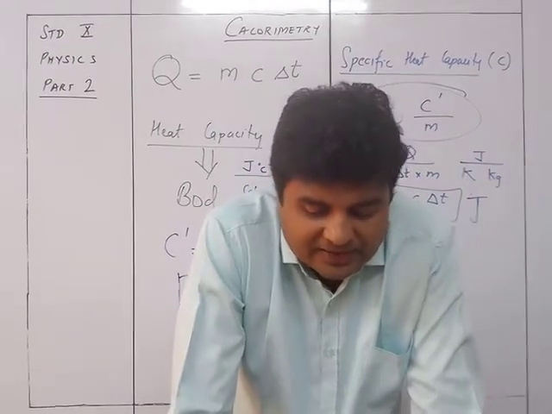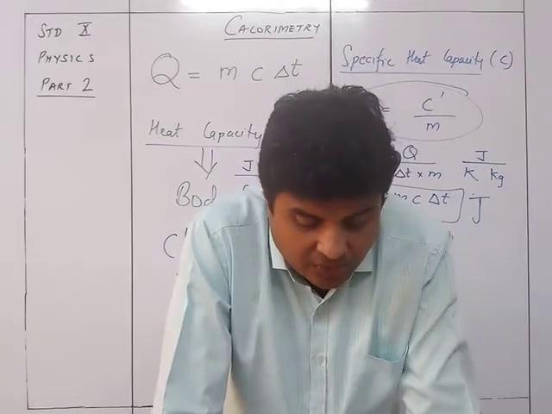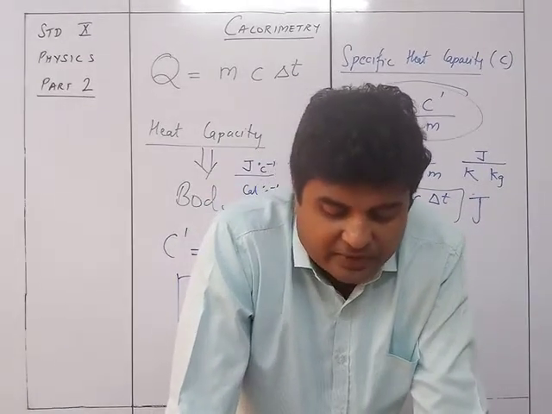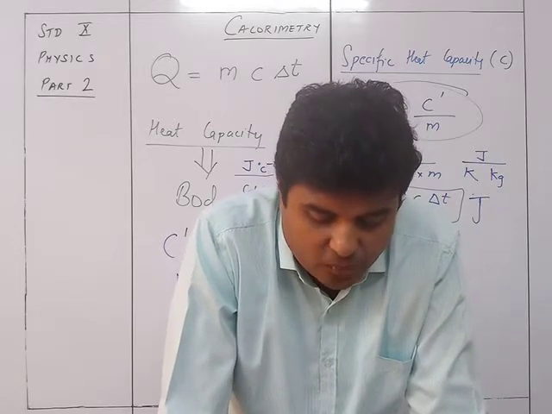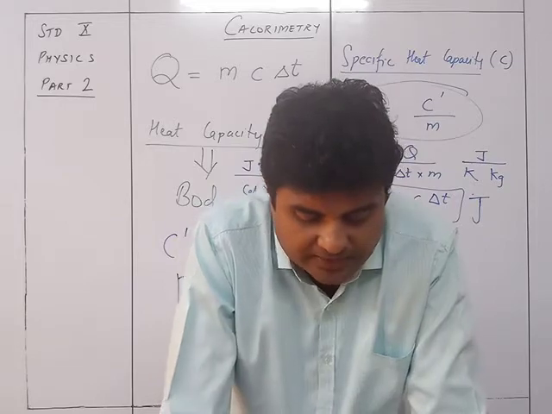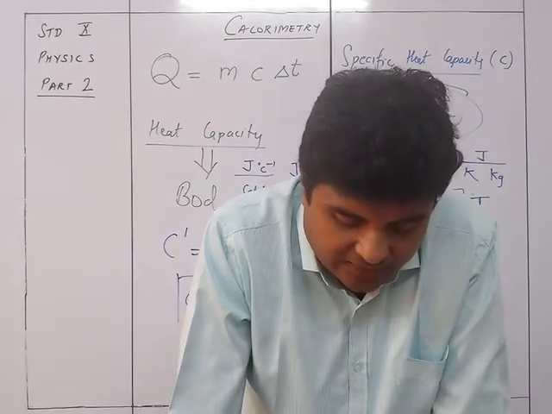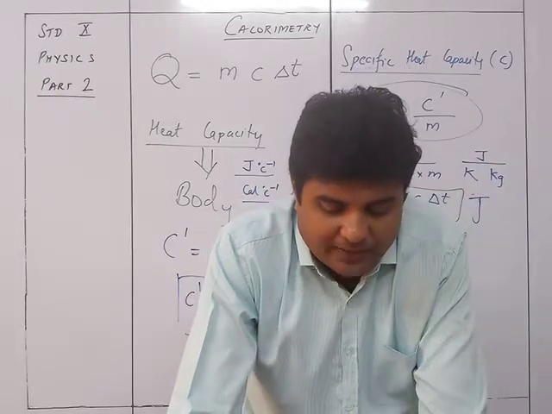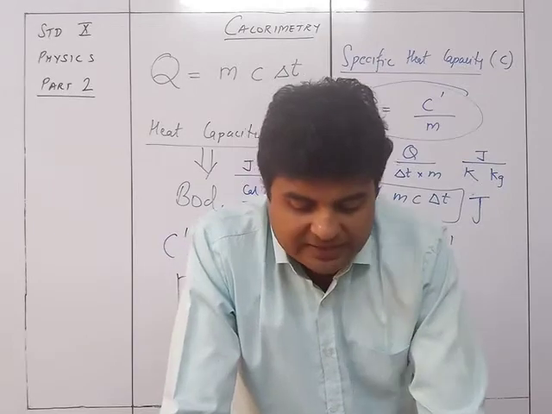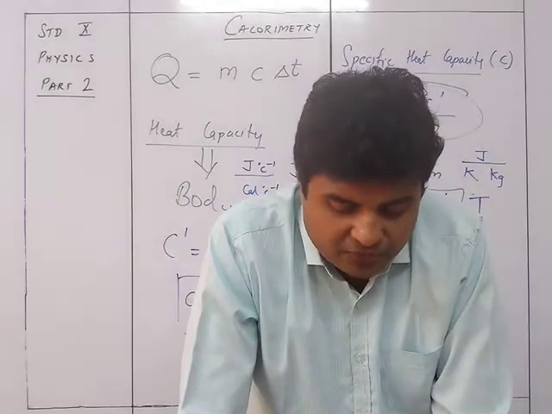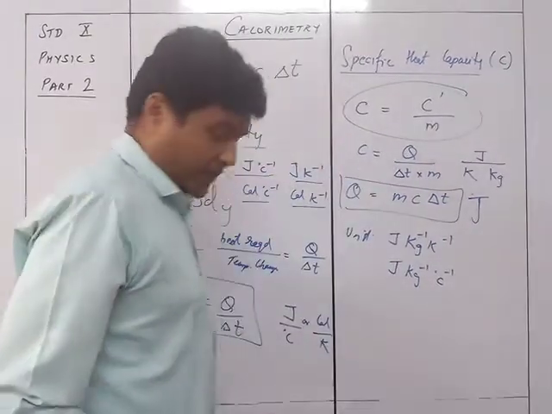The outer and the inner surface of the vessel are polished so as to reduce the loss due to radiation. For insulation, it is placed inside a wooden jacket. The space between the calorimeter and the jacket is filled with some poor conductor such as wool, cotton, etc., to avoid the heat loss by conduction. It is covered with a wooden lid to avoid the heat loss by convection. The lid has two holes, one for the stirrer used to mix its content properly, and the other for the thermometer to measure the temperature of its content. So basically what we are having is